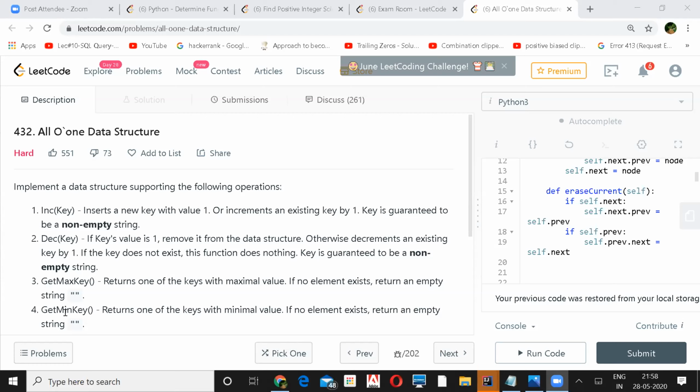So are you saying that you were planning to use max heap and min heap both together, or only max heap? Max heap only. Yeah, but then in that case, getting the minimum key would be more challenging. Tough. Yeah. So can we use both together, max and min heap?